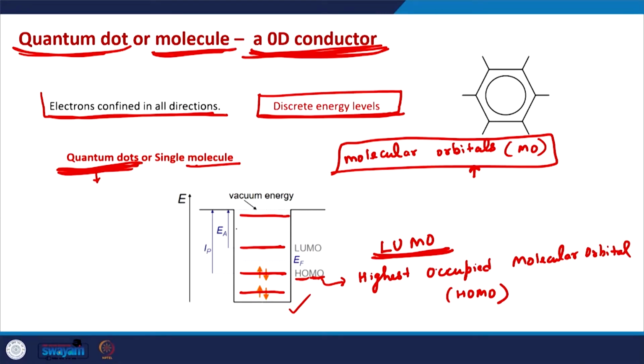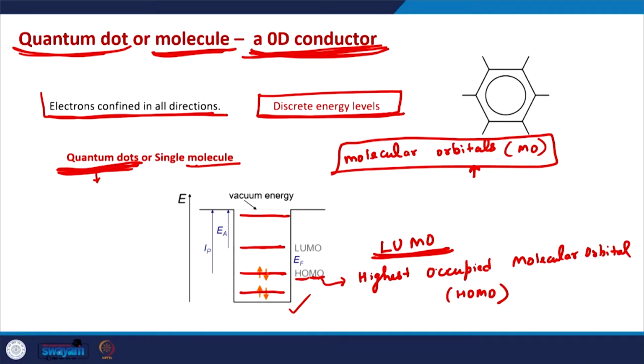So, as all of us know, one orbital can take at max 2 electrons of different spins. So, this HOMO can take either 1 or 2 electrons. Generally, in most of the cases in stable quantum dots, there are 2 electrons in HOMO, because if there is 1 electron in the highest occupied molecular orbital, that becomes quite a reactive quantum dot, because it has a tendency to give 1 electron or to take an electron from the external